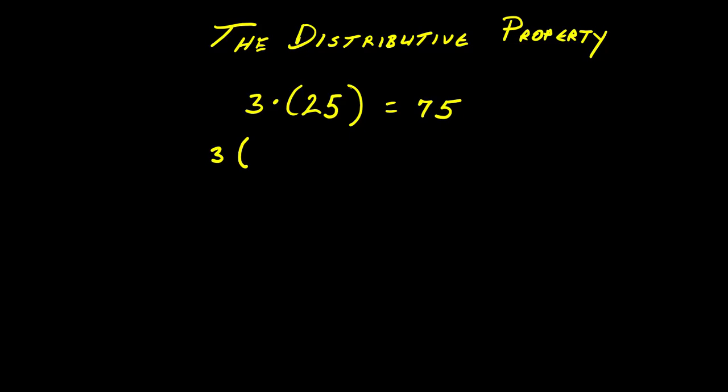So I'll make it 13 plus 10 plus 2. This is just as an example. And that has to equal something. We know that since 13 plus 10 plus 2 equals 25,